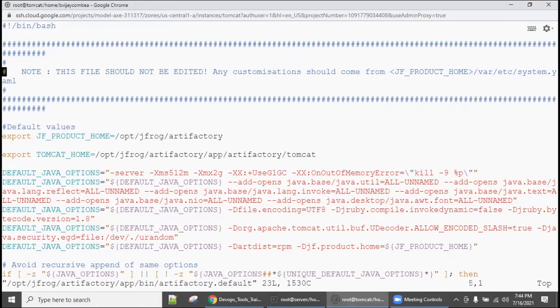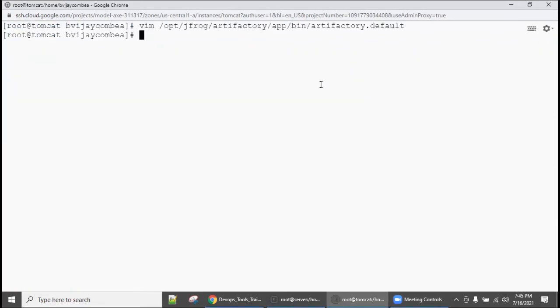See here. So you can allocate to this process as much as you want. For the default settings, minimum 512 MB and maximum 2 GB. See here. Okay, so this is how you need to manipulate. But as of now, we are going with this because we have 7.6 GB memory for this server, and we are not going to give any load. So 2 GB is more than enough. So I'm going to just come out without any changes.